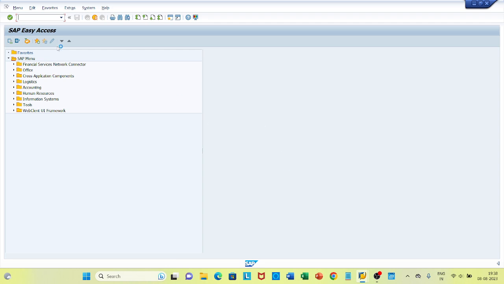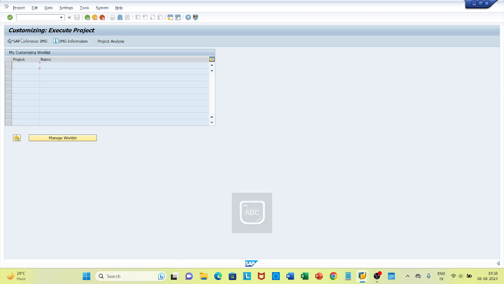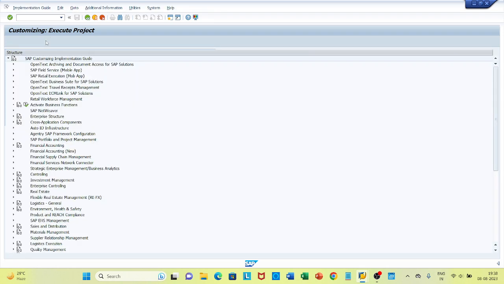Okay, so for this, we need to log on to our SAP server. Then we need to give the T code SPRO. Okay, then SAP Reference IMG. IMG means Implementation Guide. The abbreviation of Implementation Guide is IMG. Okay, click on IMG,